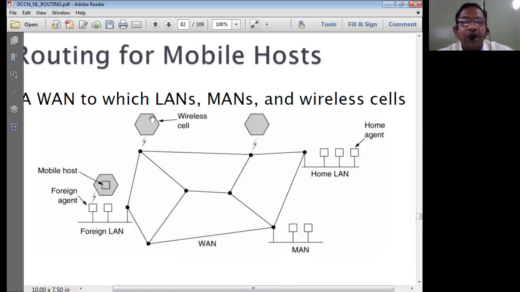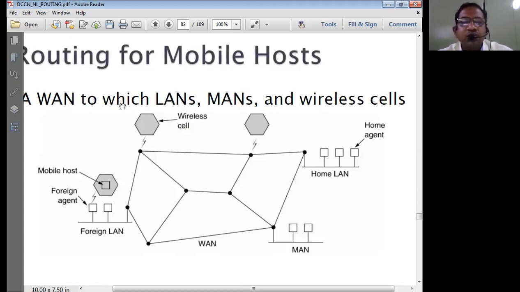So this is nothing but a wireless cell tower, a region of coverage. Now, in this region of coverage, you're going to have the mobile phones. So this cell tower is normally used here. This is being connected to the various routers. Once again, these routers are connected to the local LANs. From local LANs, it is connected to the local antennas, and these antennas are going to transmit its data to the base stations. From base stations, the control goes to the mobile user.